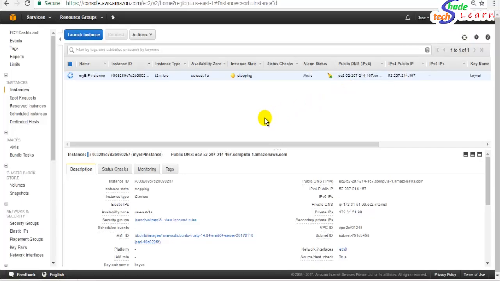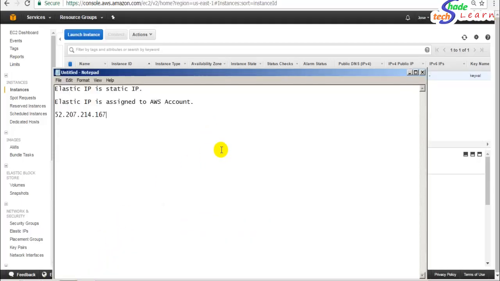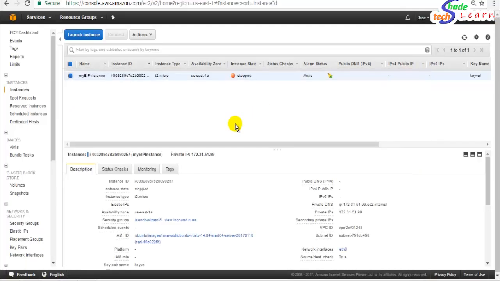Let me pause the video for some time, and once it's stopped, I will reconnect the session again. Okay, so now you can see our instance is stopped and our public IP is released. So this was the IP that we had for this instance previously. This was the public IP,